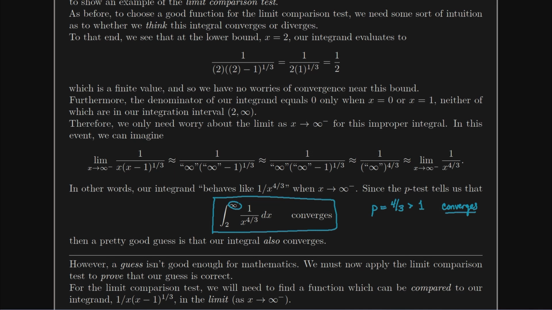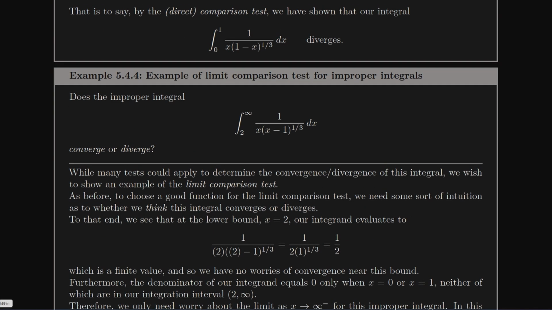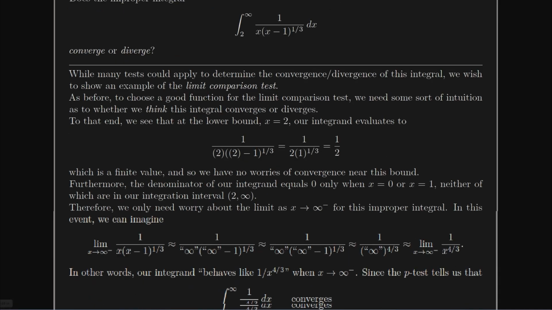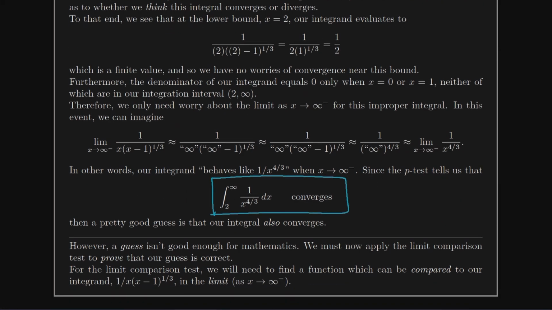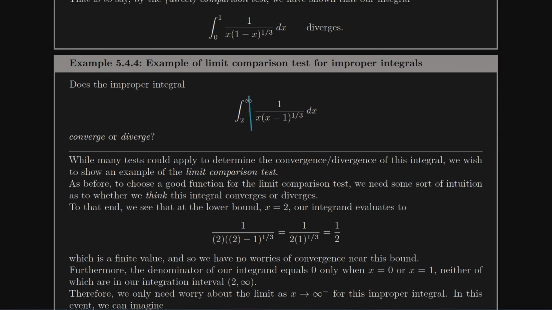And so we've got some sort of intuition that our original function converges, and now we can talk about why the limit comparison test works great. Once you have your intuition function, that intuition function almost always is the function we want to use for limit comparison. And so what's that going to look like here? Well, we're going to compare our original function to 1 over x to the 4/3. And when we compare those two, we're going to hopefully see that the limit at the bounds is a positive finite constant. So let's go ahead and do that here.